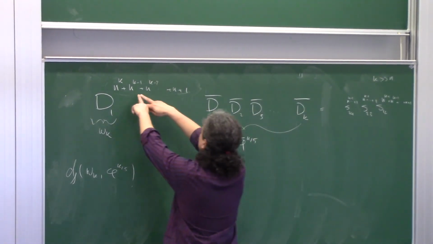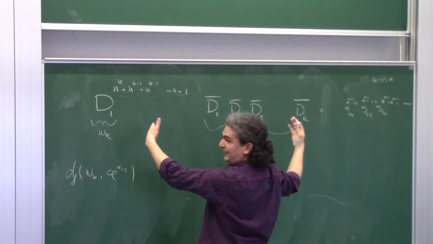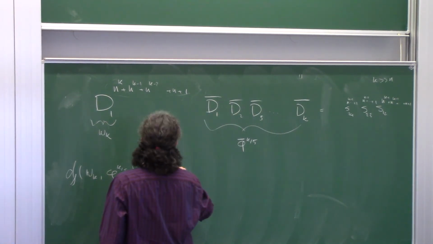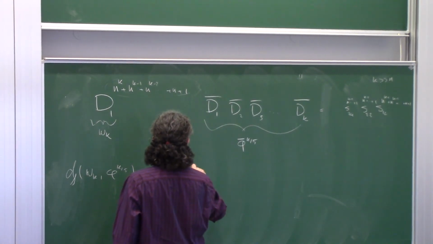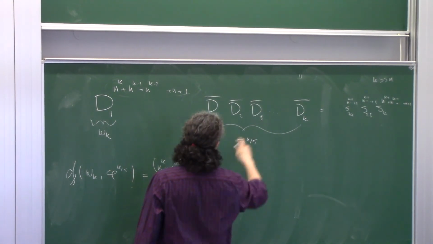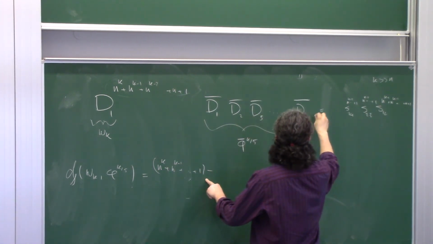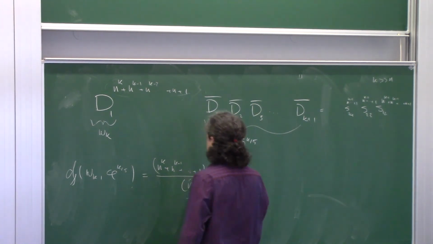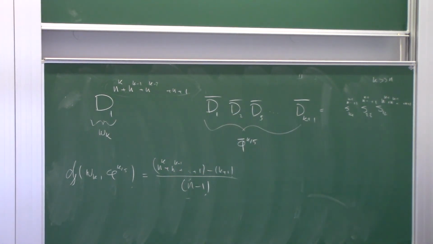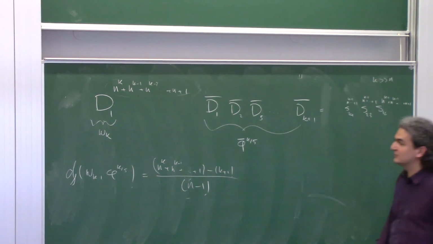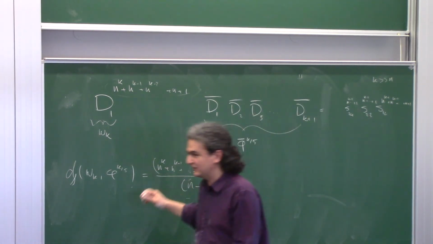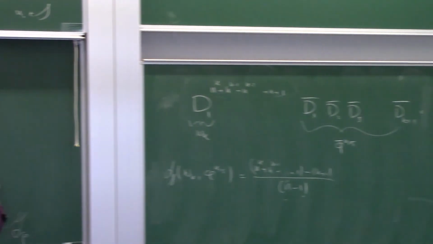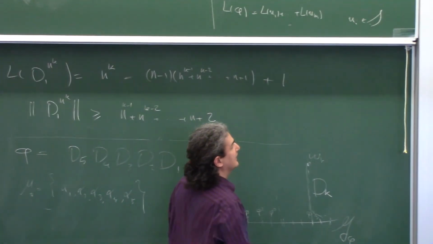So basically, the value of L here divided by n is the correct number for this distance, and that number is n to the k plus n to the k minus 1 plus 1 minus, I think I need k plus 1 of this divided by n minus 1. So whatever this number is. Okay? So I can compute the word length of this element on the nose, because I can write it down and I can find it out. So I compute the distance from here to here exactly. So this distance I call dk.